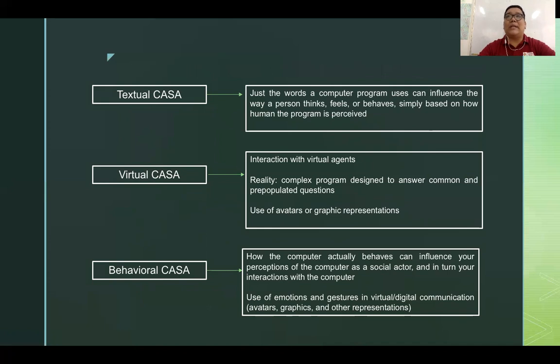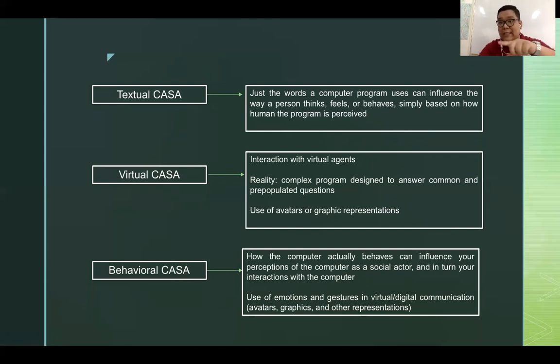But nowadays, computers have not really fully evolved yet to cater to all needs of humans. Well, you could research on something, you could transact online, you could shop online, but there are also limitations. Same as the context before. Before, text-based messages were the primary messages channeled through computers, but it has evolved nowadays already. Now, textual CASA here emphasizes that text-based communication happens in virtual platforms or on various types of computers.